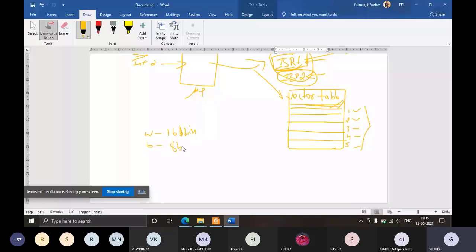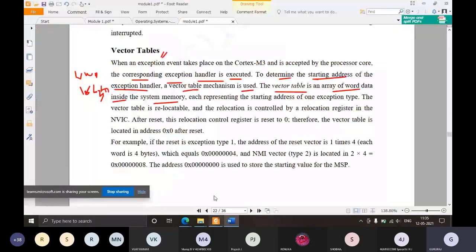Now in this Cortex M3 processor, since it is a 32-bit processor, a word here means 32 bits.